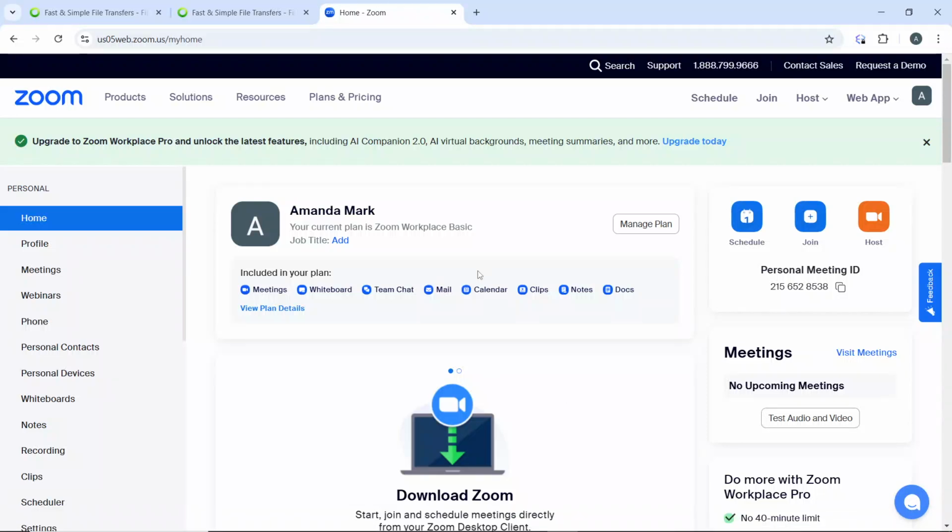Hello, in this tutorial, I'll show you how to join a meeting on Zoom. Here are the detailed steps to join a meeting on Zoom web app. The first thing to do is to open your preferred web browser and navigate to Zoom website at https